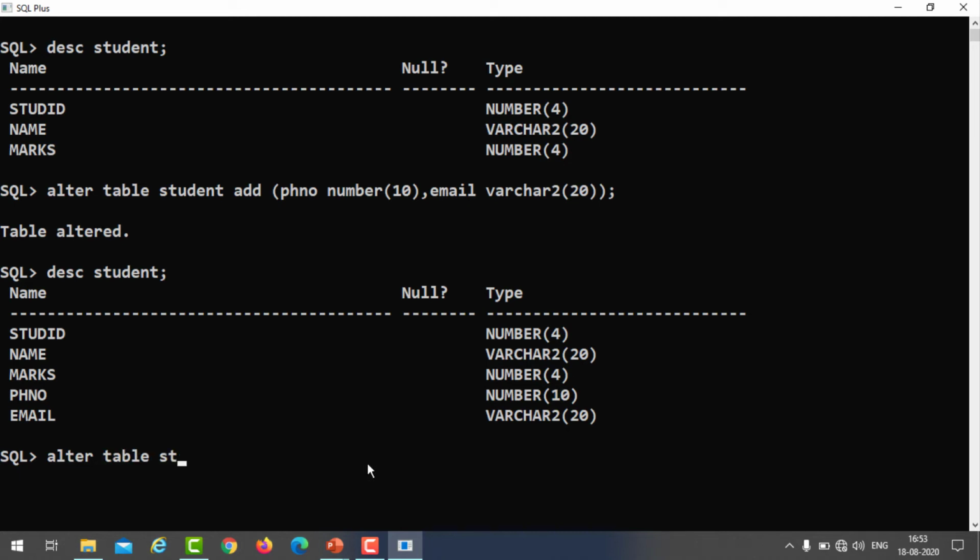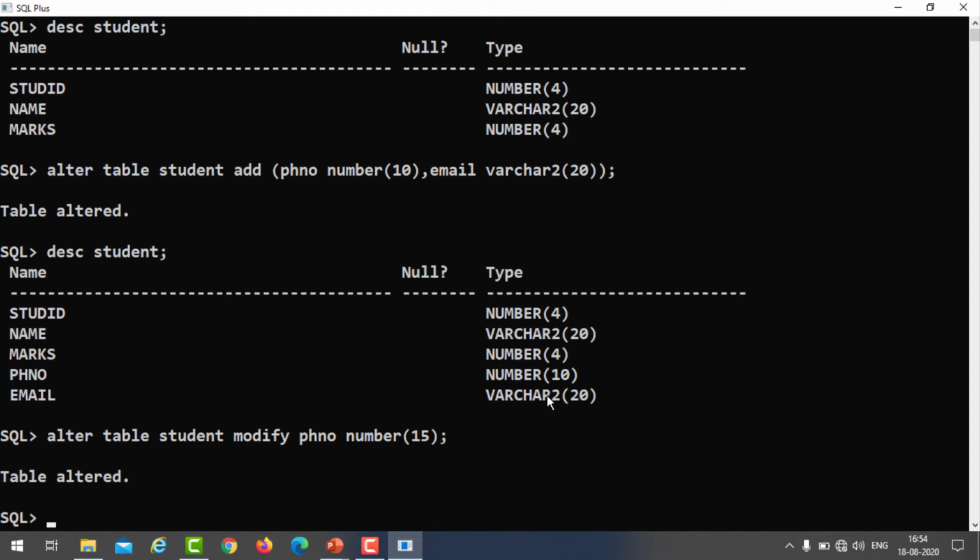Alter table student, so I want to modify the phone number, for example some people will mention +91 before the number. So modify, you can see now the phone number data type, I want to change its size to 15. Here no open parenthesis is required because we are dealing with only one column.